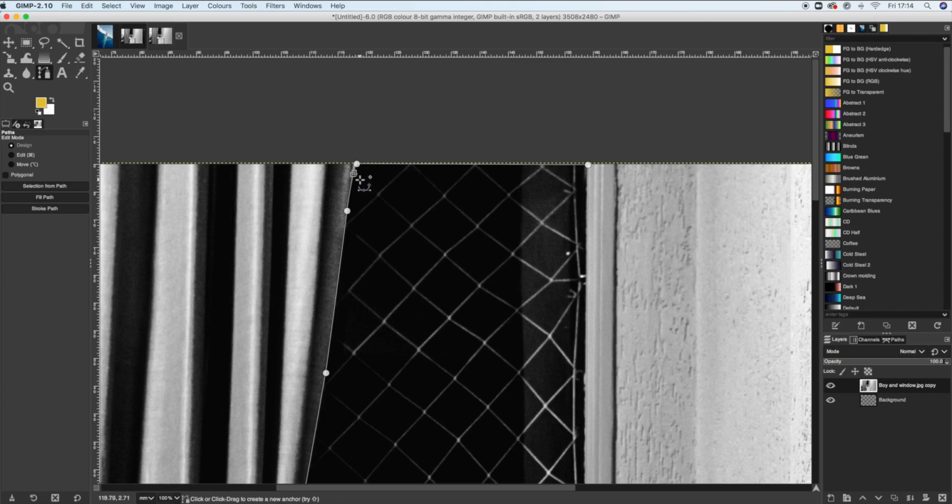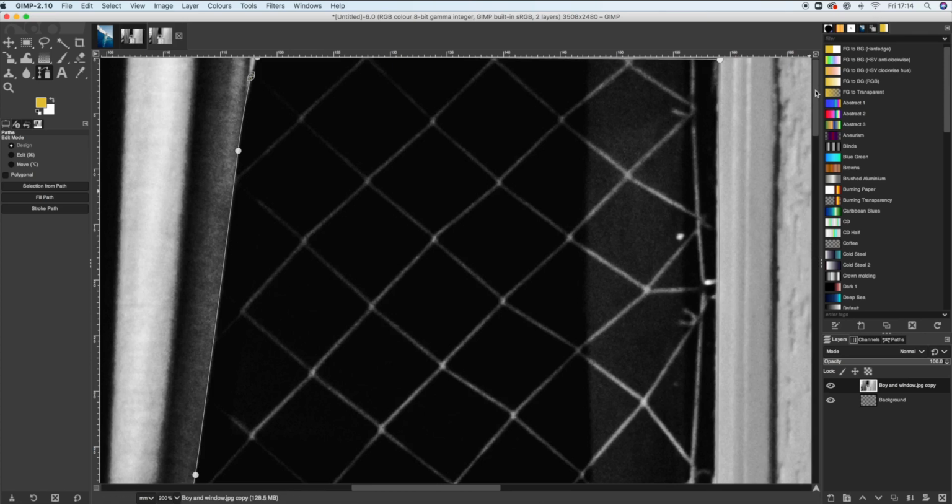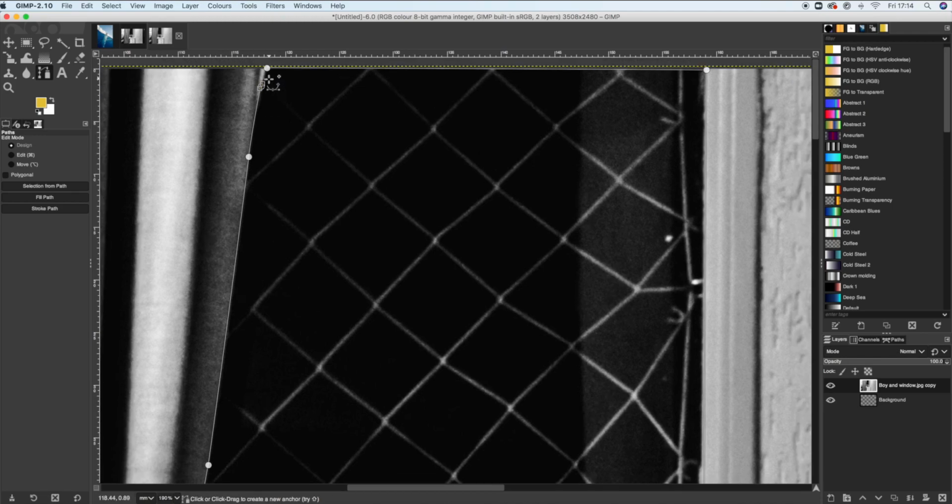So at the moment, I've got two anchor points here that you can see. I'm just going to zoom in a bit more so you can see. There's a white anchor point just up here, and then this is the last anchor point we've just put down. And as we hover over the first anchor point you put down, we need to make sure we're